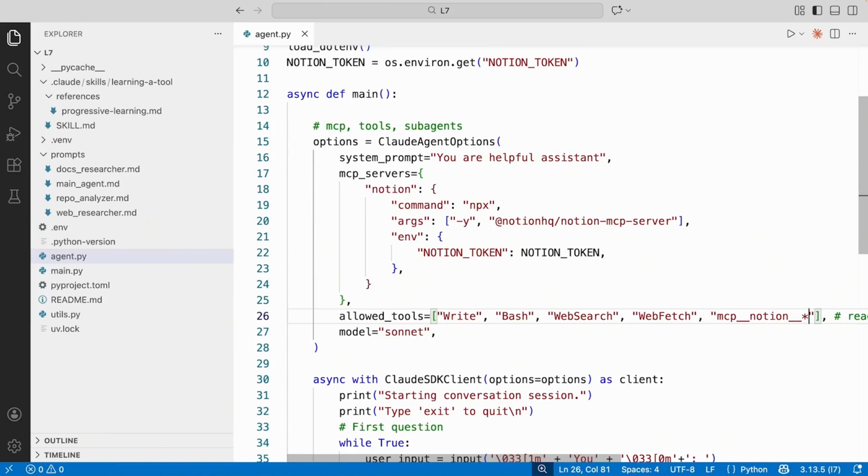We need to make sure that this MCP Notion exists in allowed tools so that we can give the main agent permission to use this set of tools. We can explicitly add the name of the tool, or in our case, we're just going to include all the tools available that MCP Notion provides to us. Now that we've set up our MCP servers and our allowed tools, let's go ahead and bring in our subagents